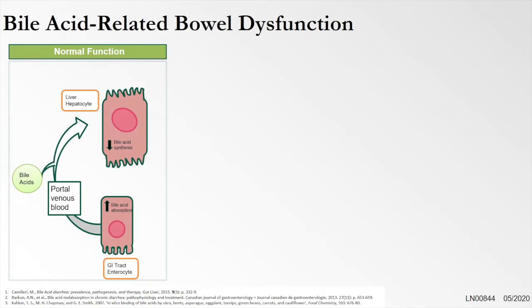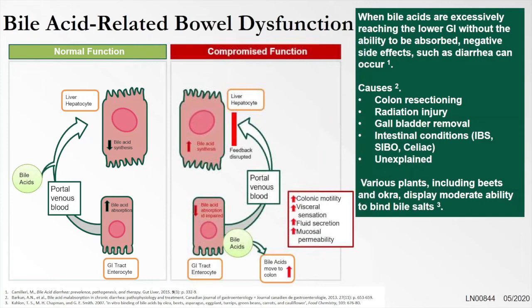So looking at this graphically, you see this feedback mechanism of normal healthy people, where when you have increased bile absorption happening in the enterocytes, the feedback loop goes back towards the hepatocytes and tells them to downregulate bile acid synthesis. And then the cycle winds up repeating following various fatty stimuli.